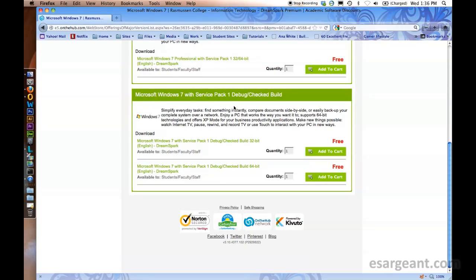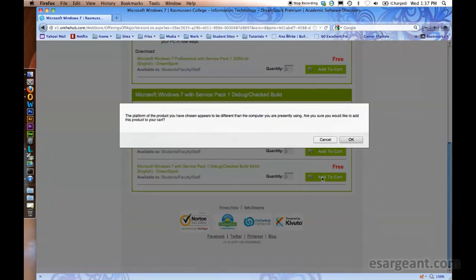You want to make sure that you download the 64-bit version, as all modern Macs will be able to run the 64-bit edition, and that's going to allow you to address all of your memory. So go ahead and click Add to Cart, and it might give you a warning about the software being different from the platform you're running on, but that's okay, we know that. So you can click OK,